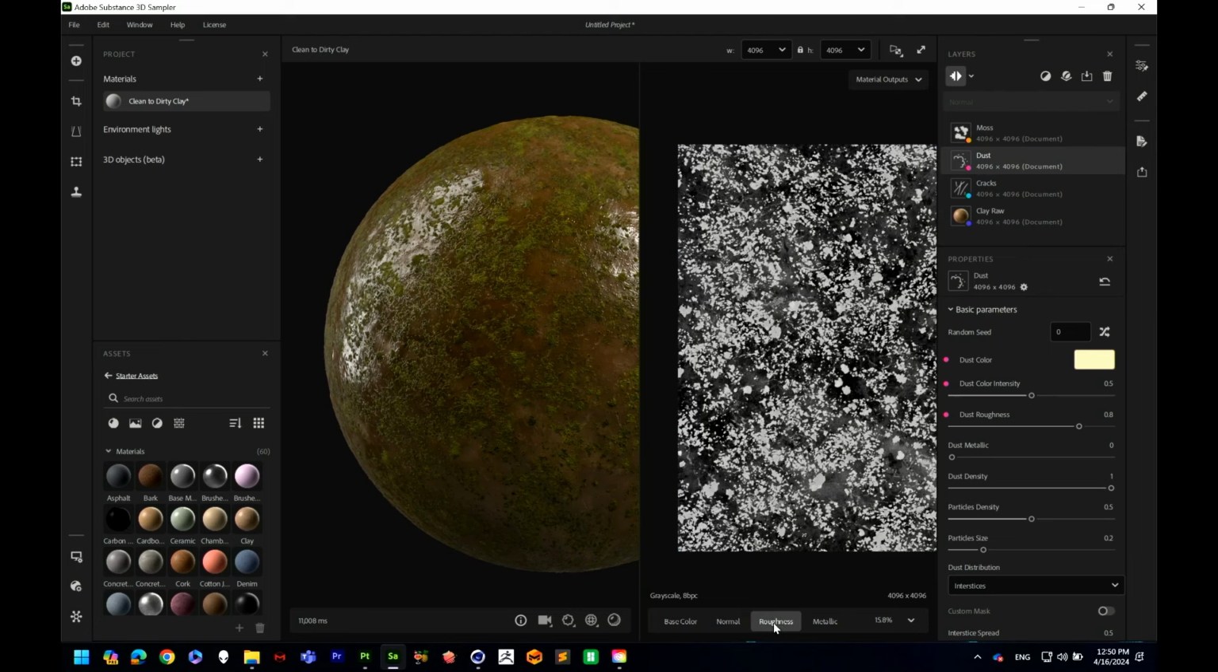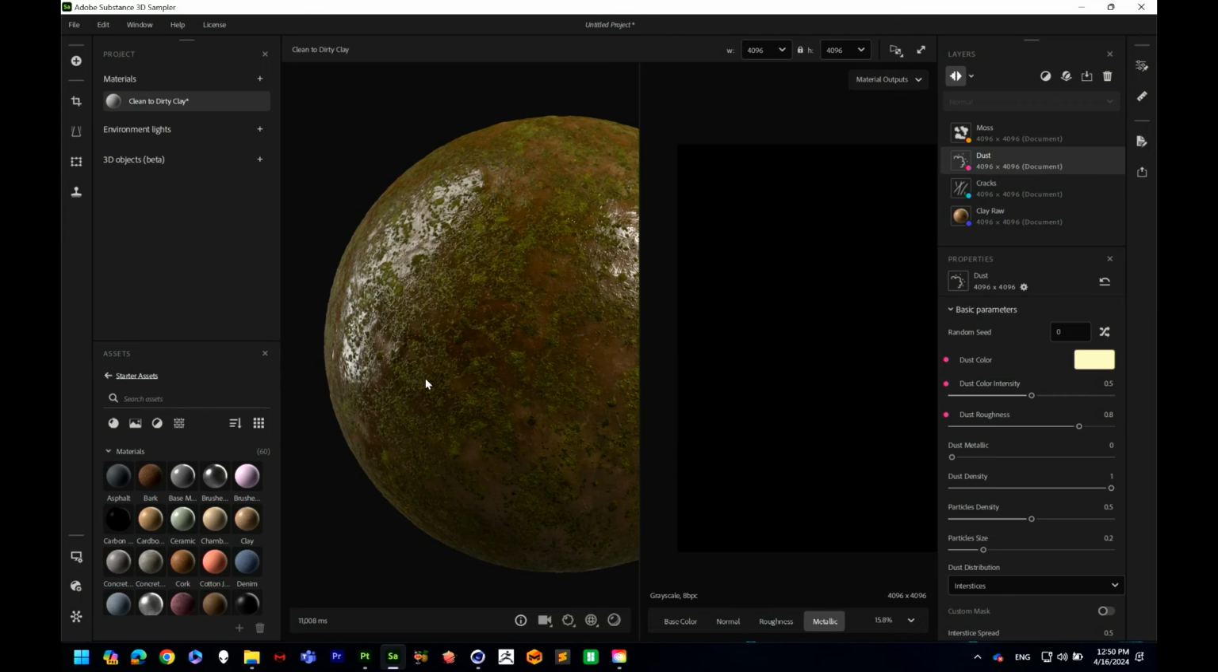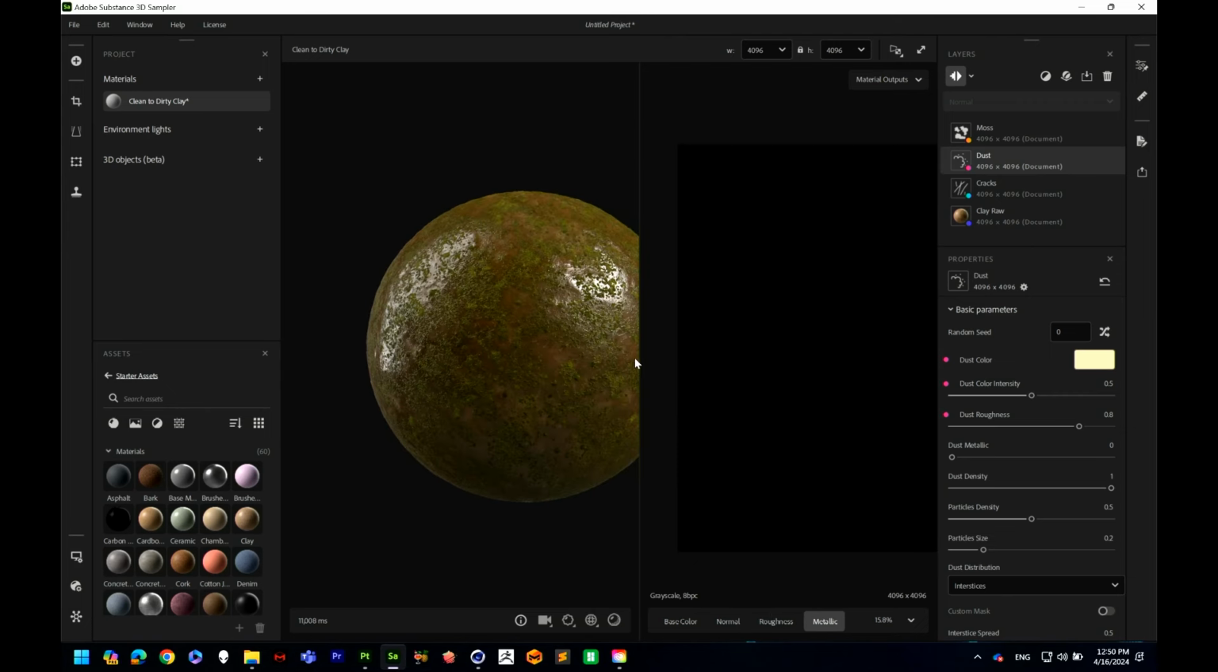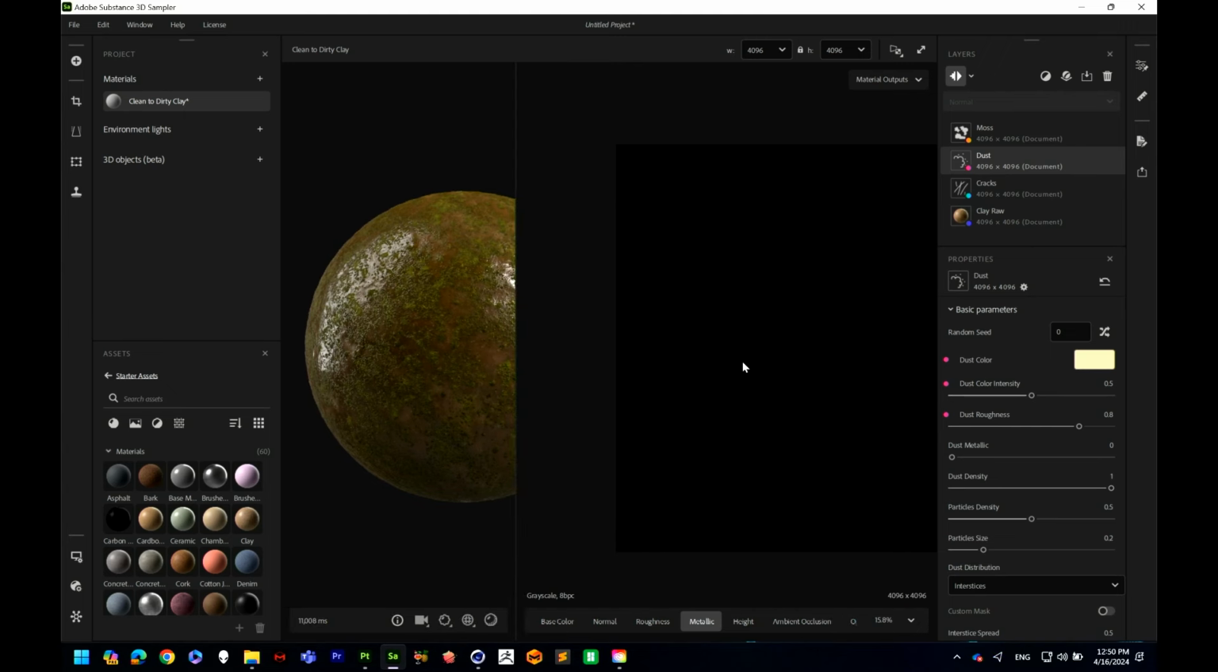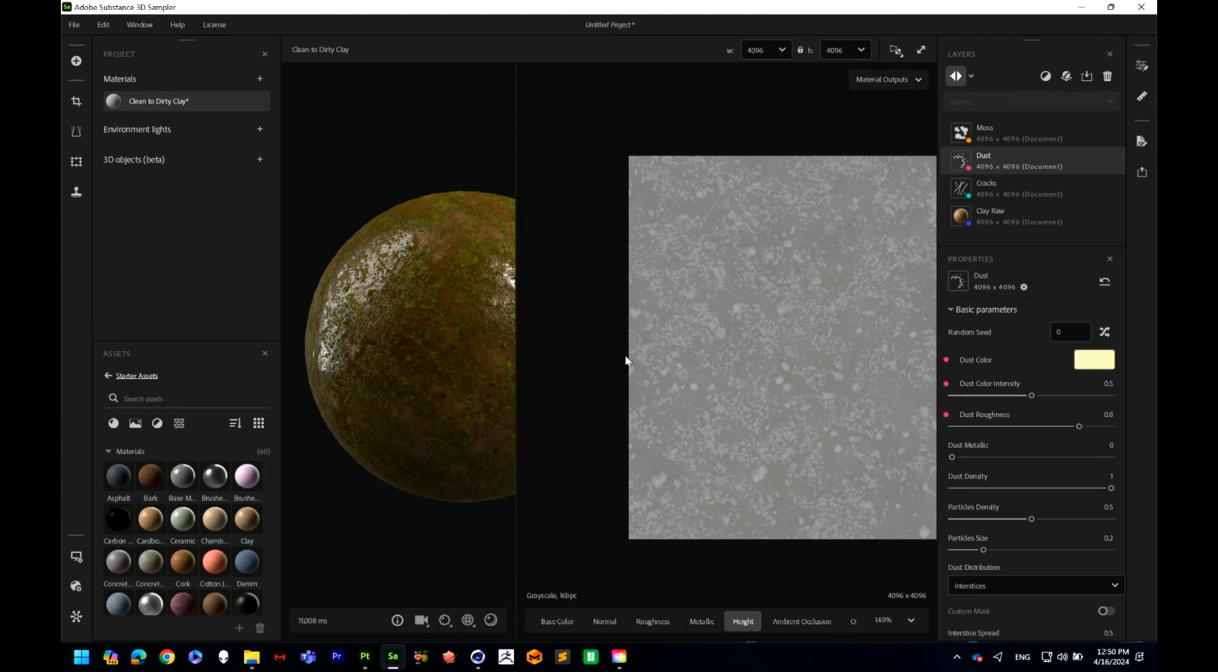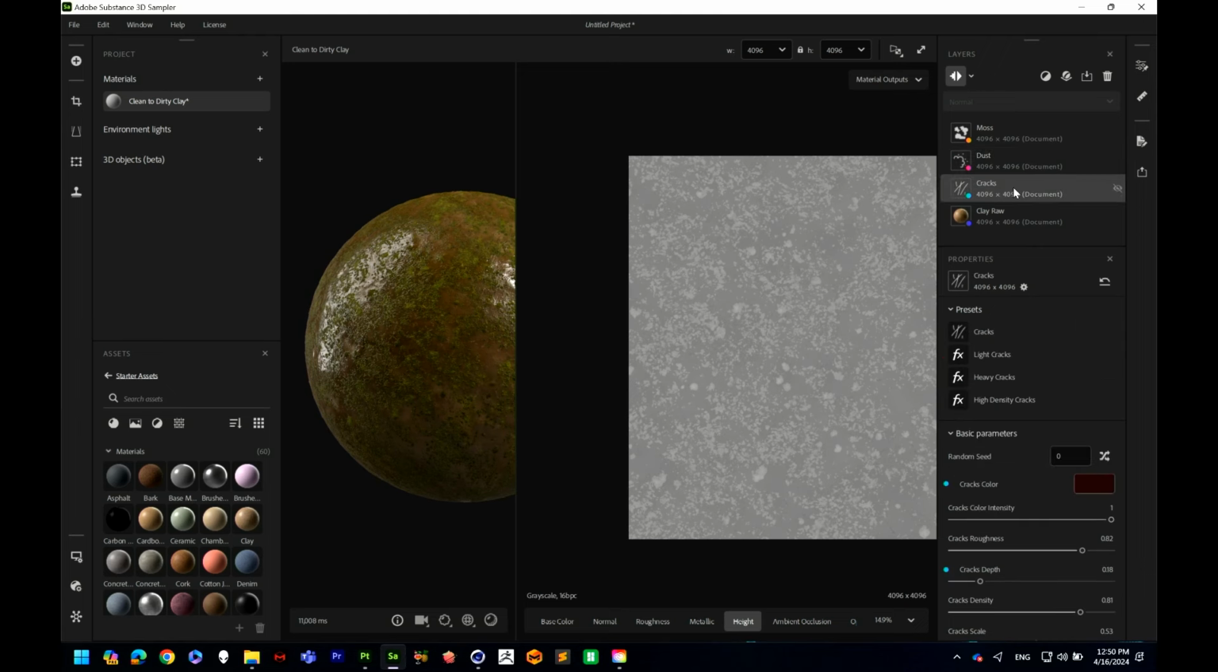Roughness is how matte or glossy a material is. Metallic deals with metallic materials specifically. In this case, we don't have any metallic properties on this material, so we're not seeing anything. And then height is the depth or the height of the texture itself. So if you want your texture to have ridges and bumps and grooves, that's where this height information is going to come from. And we can see that if I click on the cracks here and increase that depth,